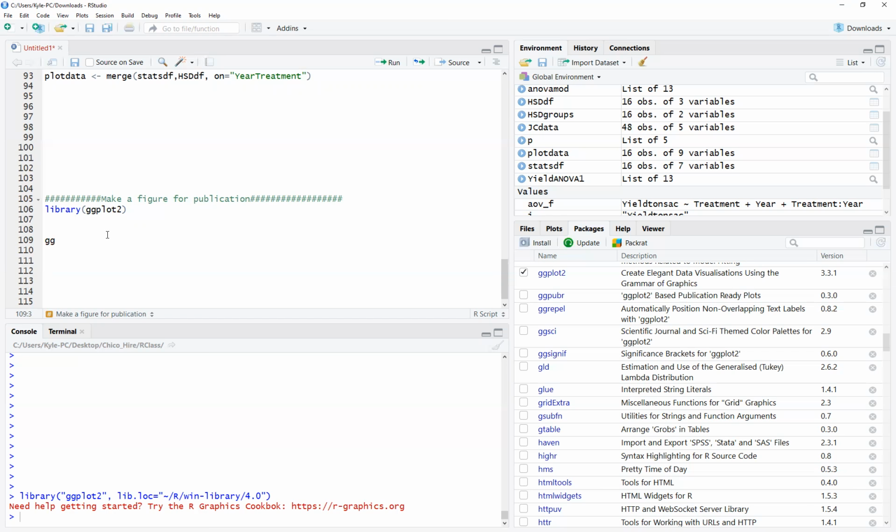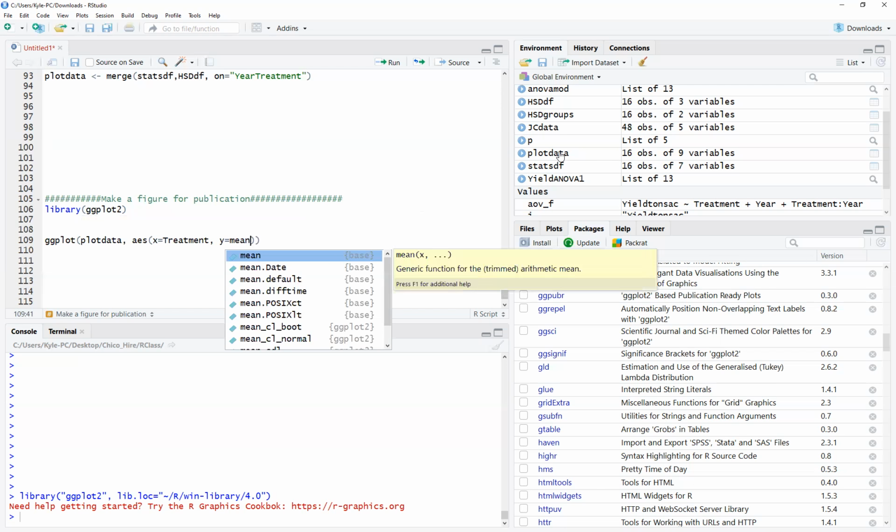So anytime we work with ggplot, we're going to call, of course, ggplot. And we just ended our last video with plot data. So we're going to call our data frame plot data. We're going to pull that data frame and work from that. We're going to set our aesthetics. In this case, we're going to do x equals treatment, y equals mean, and just as a reminder,